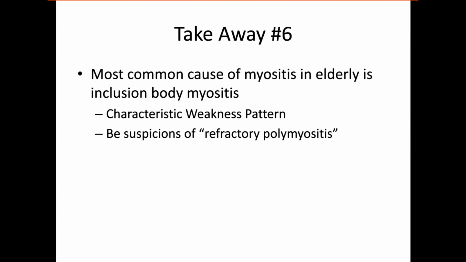So I could see a question where they give you the pattern of muscle weakness and say, well, what might be found on the biopsy, for example, or the next best step is steroids, IVIG, physical therapy. And it's important to know because, again, this disease does not respond to immunosuppression. And so you wouldn't want to give someone immunosuppression and a potentially toxic therapy like prednisone, right, for no good reason. And so if I ever have someone referred for, quote unquote, refractory polymyositis, I almost always think, in the top 10 things that I think about, inclusion body myositis, because